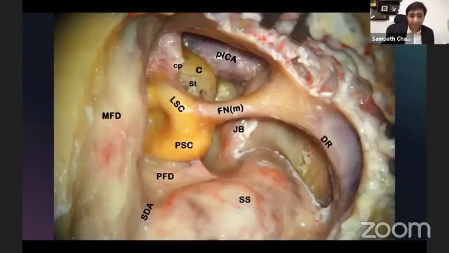Now, this is subtotal petrosectomy. What's the difference between subtotal petrosectomy and a translabyrinthine approach? The subtotal petrosectomy is the first step to a translabyrinthine approach. But in a subtotal petrosectomy, we are still being fairly conservative. I am not removing the middle fossa dural plate. I'm not removing the sigmoid plate. I'm not trying to do anything with the dura. I'm still trying to preserve the lateral canal. So the mood is organ preservation.